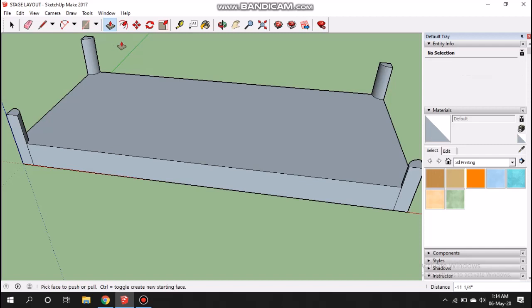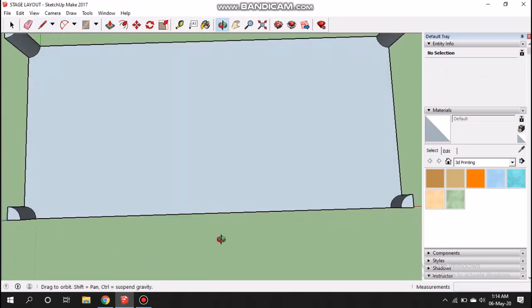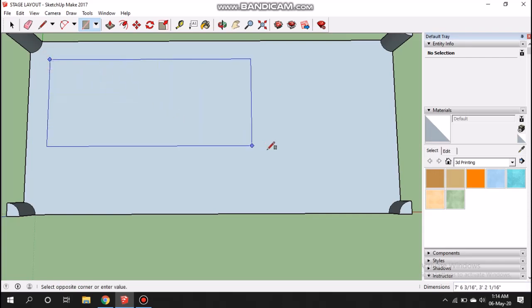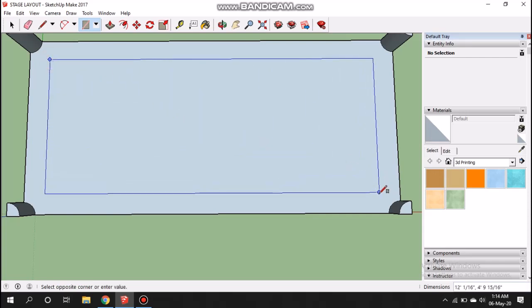Okay, now we have to add the border of the stage. So let's pan to an overhead view, click on the rectangle tool and start making the border.